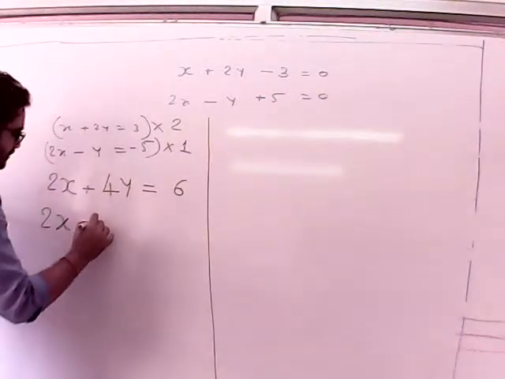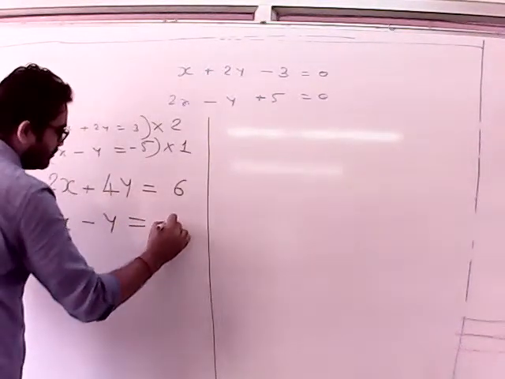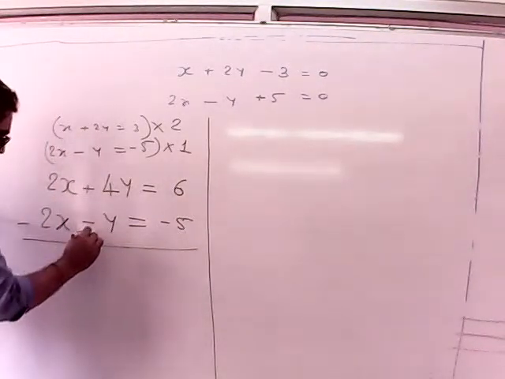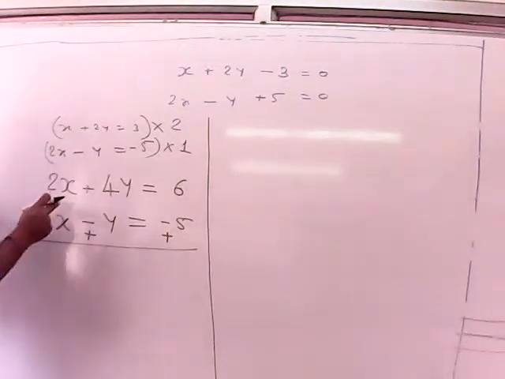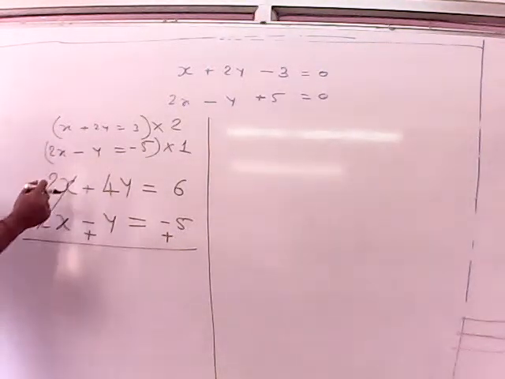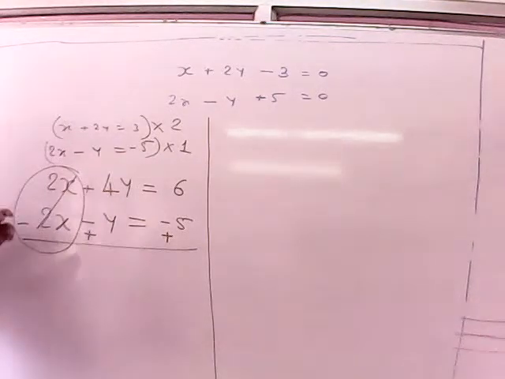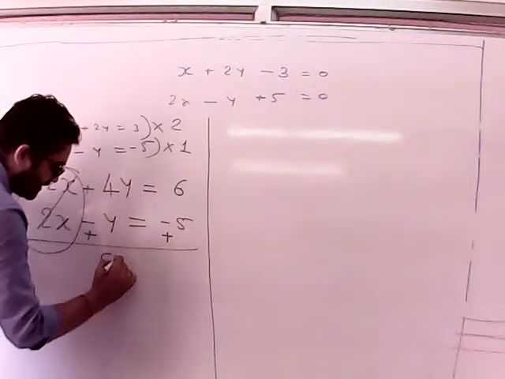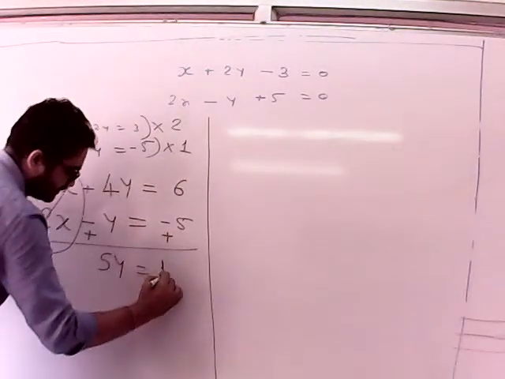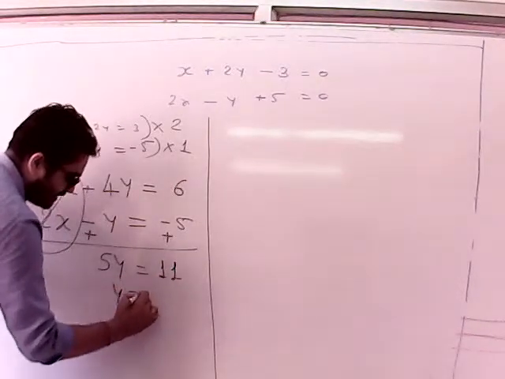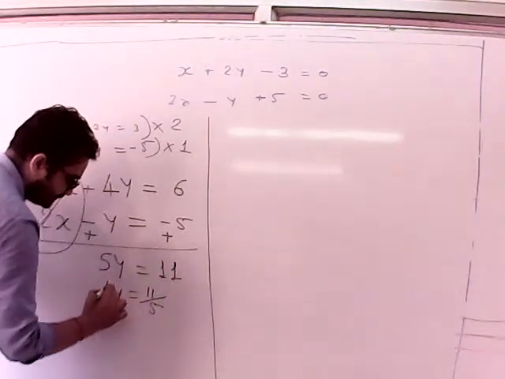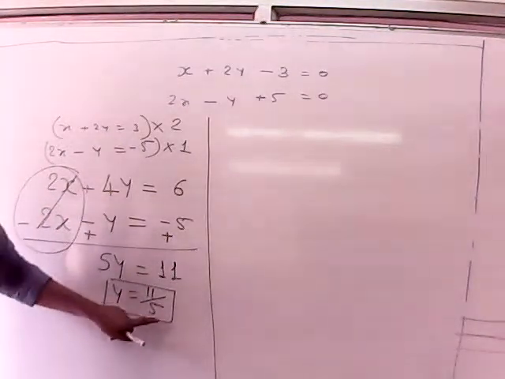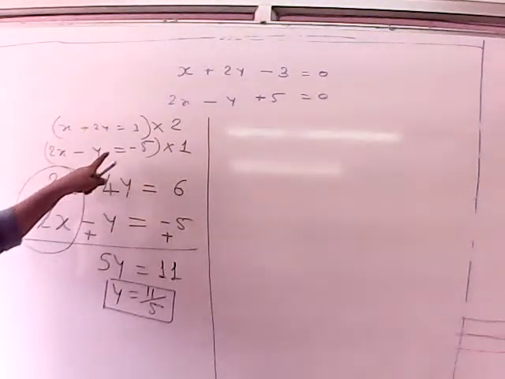हमारे पास आया 2x minus y is equal to minus 5। अब इसको हम करते हैं सबट्रैक्ट। तो यहाँ पे माइनस होगा, ये प्लस हो जाएगा, ये भी प्लस हो जाएगा, तो ये 2x कैंसिल हो गया। अब देखिए ये एक पूरा टर्म एलिमिनेट हो गया हमारा। दैट इज व्हाट कॉल्ड द एलिमिनेशन मेथड। नाउ 4y plus y, so that is we are getting 5y is equal to 6 plus 5, 11। तो y is equal to 11/5। अब y is equal to 11/5 इन दोनों में से किसी भी इक्वेशन में रखो, आपको दूसरा आंसर मिल जाएगा।